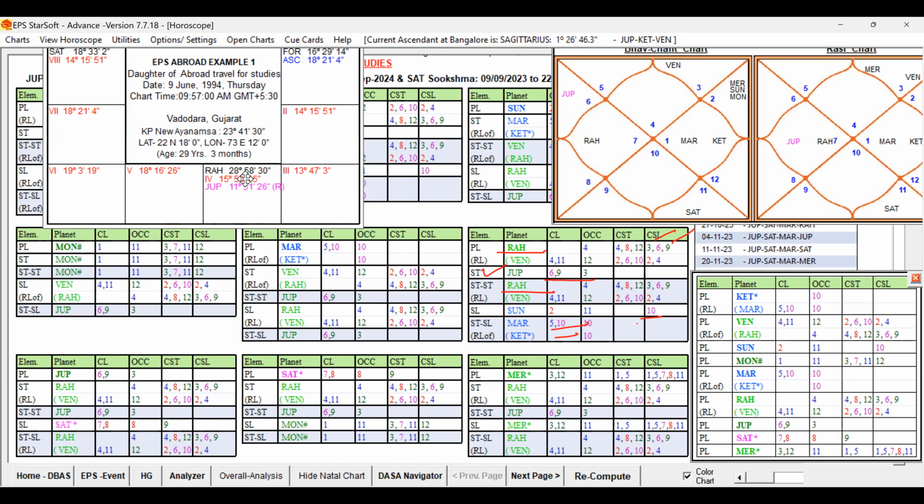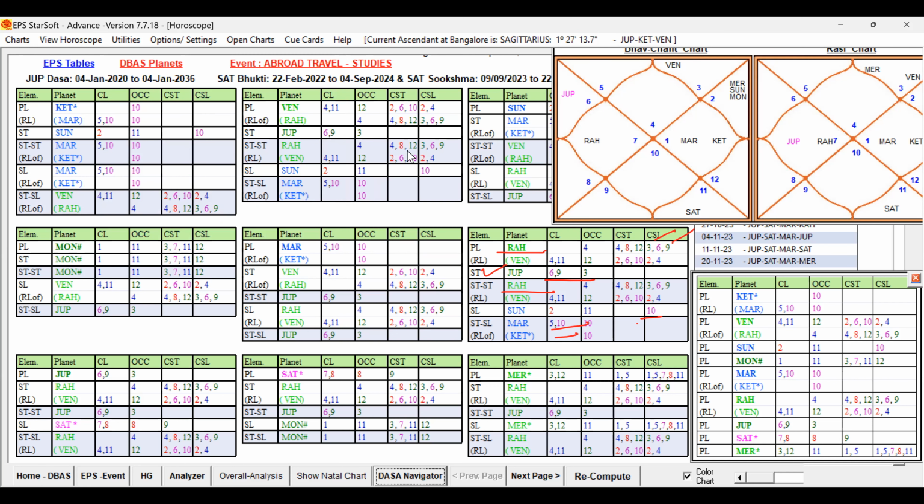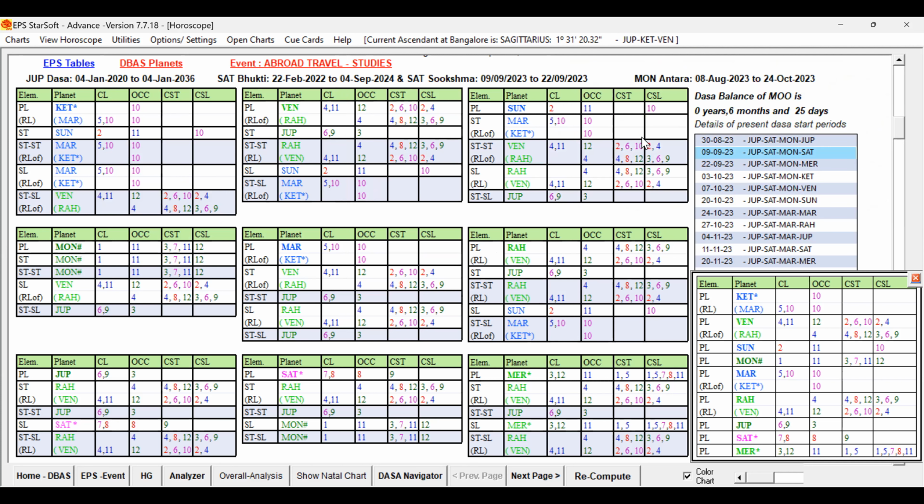So now what we have to do, we have to check the Dasa Lord. At the time of that native, that girl completing her studies, she was doing undergraduate during Rahu Dasa. Under Rahu Dasa, she was doing undergraduation, and she completed her UG at the age of 21, at the end of Venus Bhukti, and of course in Ketu Antara. Then after that Venus Bhukti, she wanted to do a job.